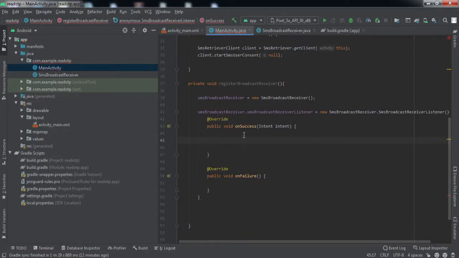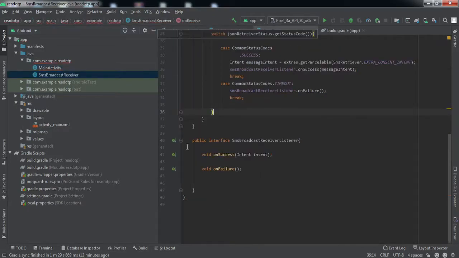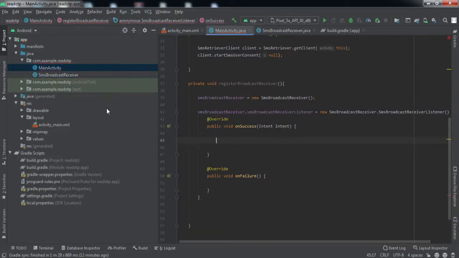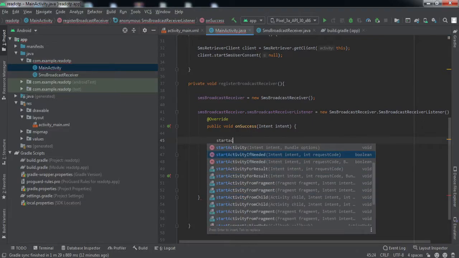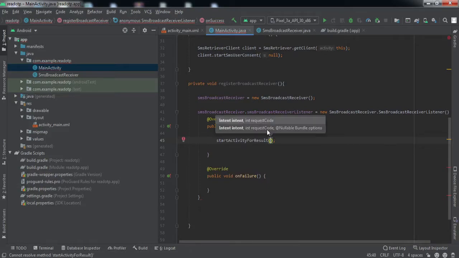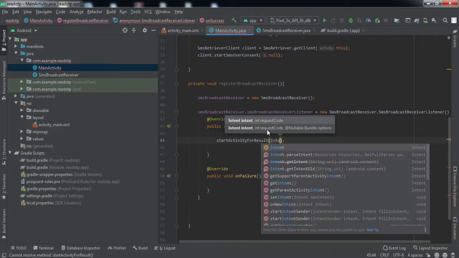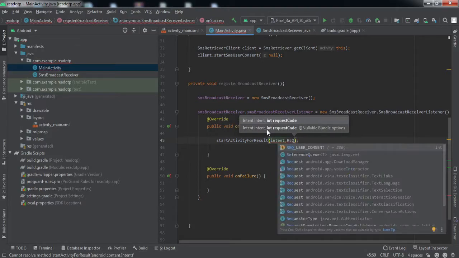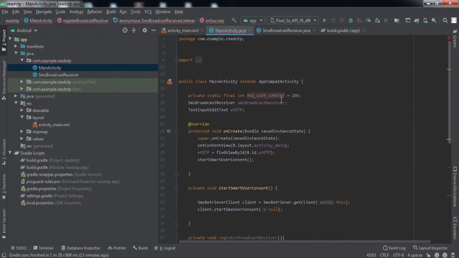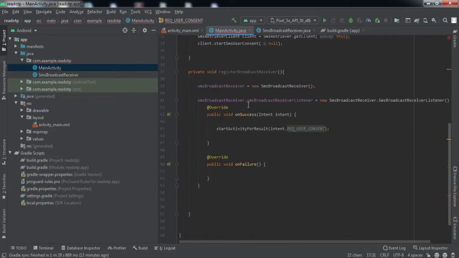We have got these two methods, on success and on failure, that we have just created here. So we need to override these two methods. Inside on success, what we'll do is start activity for result, right? And inside this we'll pass intent and the request code that we have created here, right?